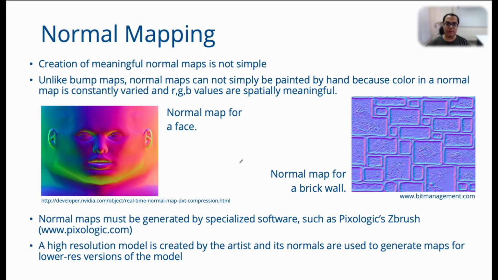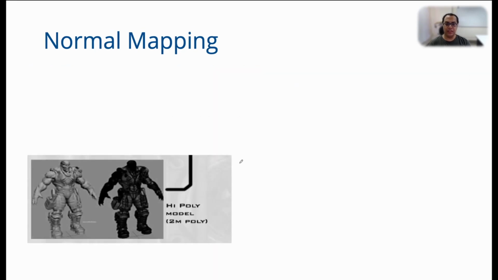As an example of what I was mentioning earlier, here we see that we have a very high resolution character model which has 2 million polygons. Now I want to use this character model in a game, and imagine in a game there are thousands of these character models that I want to use in a scene. Now if each character model has 2 million polygons or even 2 million triangles, then my scene is going to render very slowly. It's just too much geometry passing through my graphics pipeline.